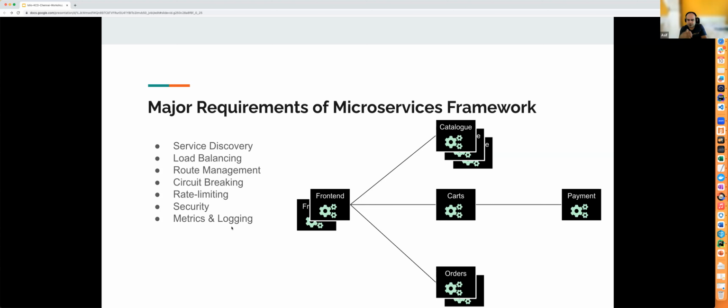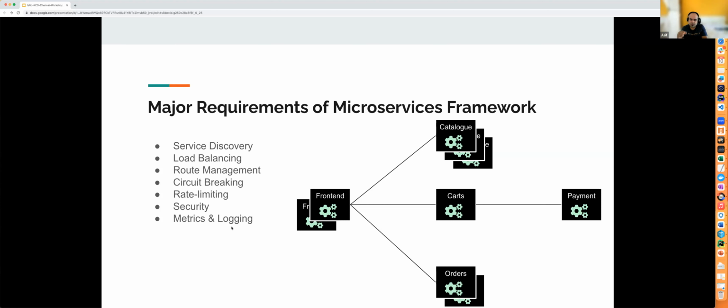And then comes the security. Security is like these applications communicating to each other, whether there should be proper authentication and authorization required, or whether it should be following some certificate mechanism to do the authentications and authorizations. Say if some other microservice is trying to connect to catalog, right? So catalog should know which all microservices can connect to it. If there is another microservice, say some XYZ, trying to connect to catalog, it should reject the call, saying, okay, I don't recognize this microservice. This microservice shouldn't be calling me. So these types of features should be there.